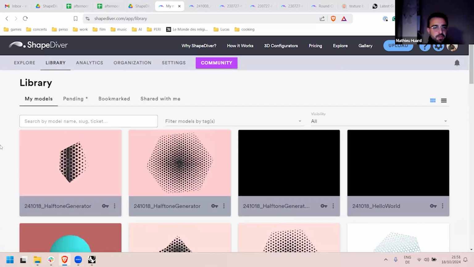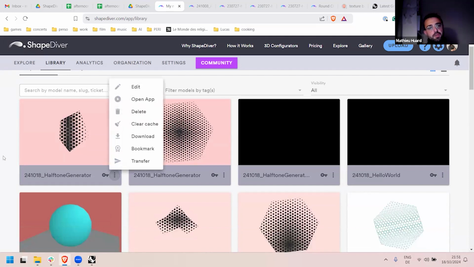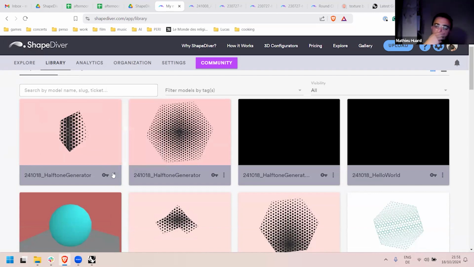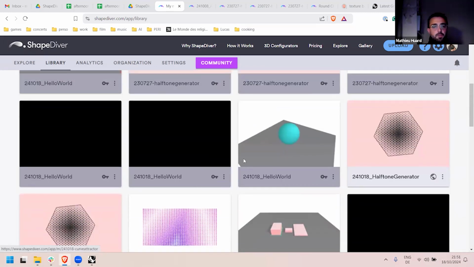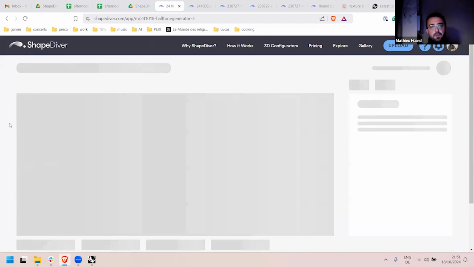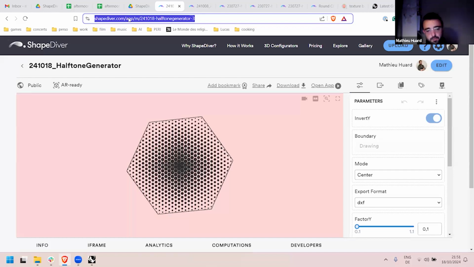But yeah, once the models are uploaded to your account, there's several things you can do. So the first, and by default for most accounts, when you upload models, they're private, right? So all of these models are private, which means I'm the only one that can access them. But I always have the ability to make a model public. And for example, this one, you can see with the color here, is a public model, which means that if I go to this model and this model has a URL, I can share it with anyone, even if they don't have a ShapeDiver account, right? So that's the first way you can share